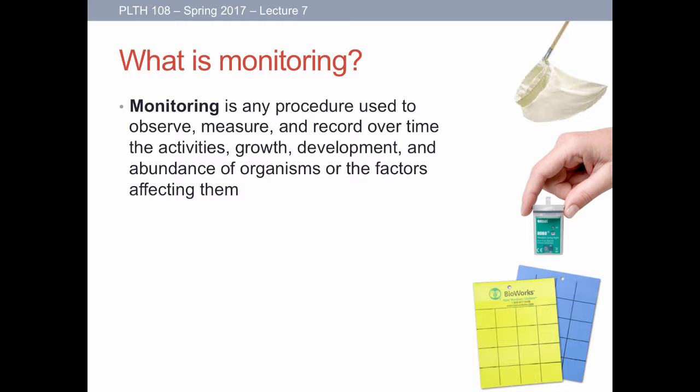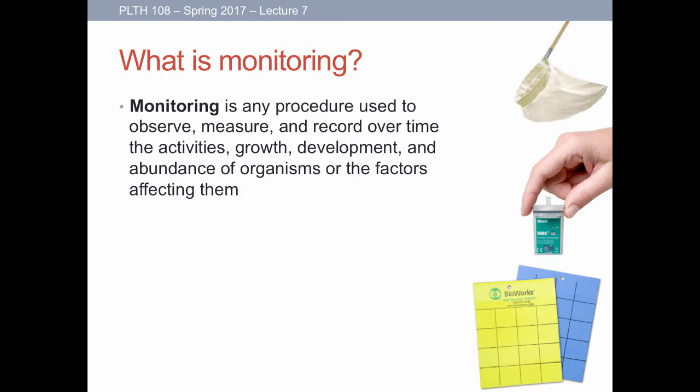The first of which is we have to observe, right? So this is the part of monitoring that seems the most obvious. We go out, we look, we see what is going on in the natural system. But it's not good enough to observe. We can't just go out and say, oh, there's grasshoppers, or oh, there's nematodes, or whatever. After that, we have to actually measure how many of them there are,